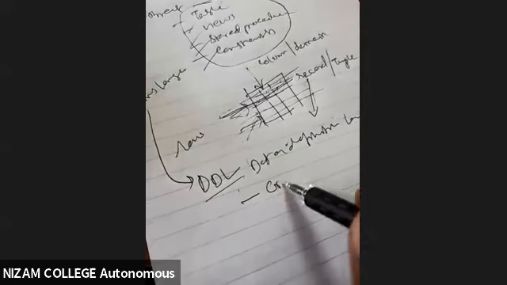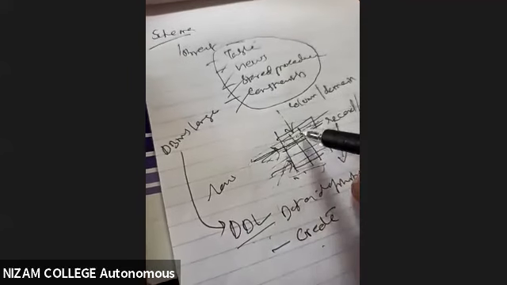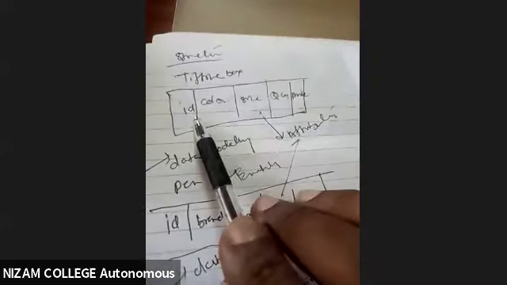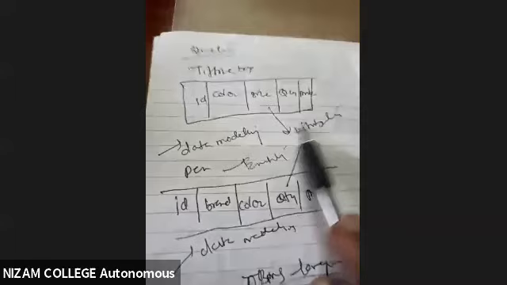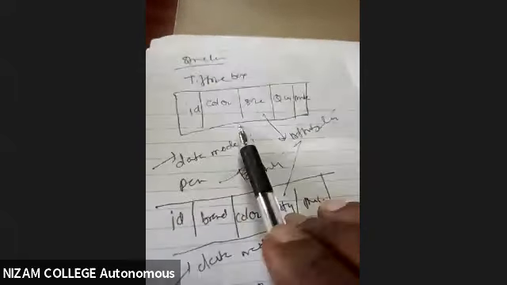Now this language is used to create the table, and the table is a structure. How am I going to know how to create the structure, what columns I should have, what records I should have? First of all I have to know about the structure. I should know the schema structure and data modeling. This is my data modeling, and based upon this model I have to create the structure.